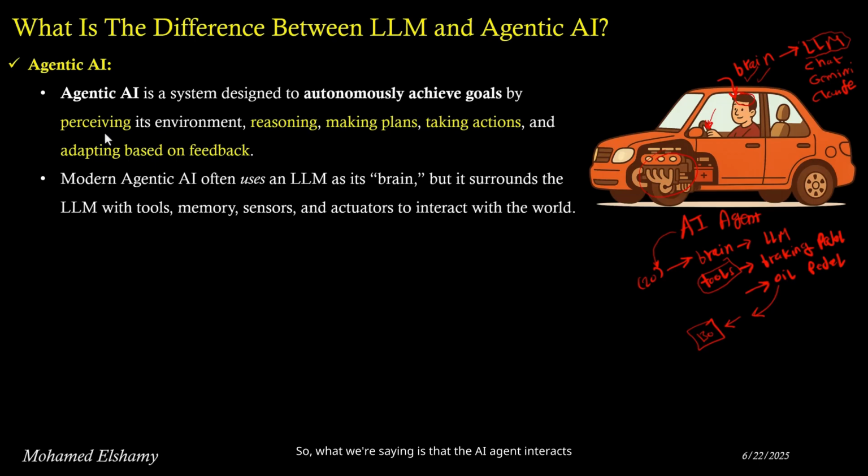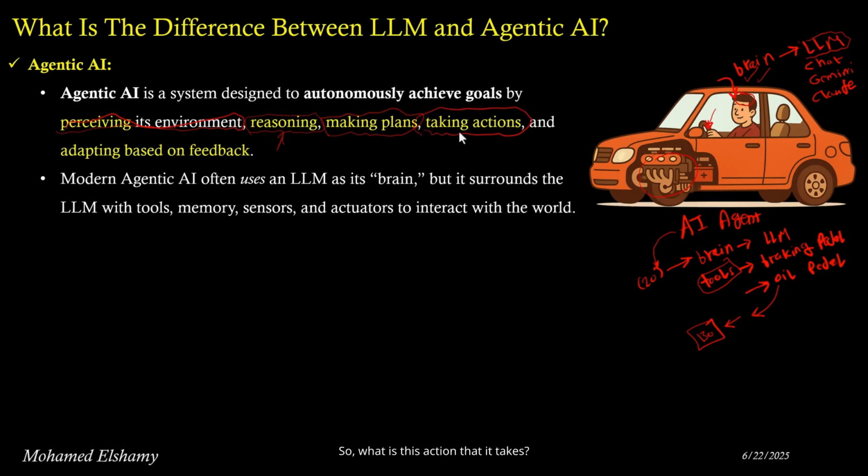So what we're saying is that the AI agent interacts with the environment, right? Just like this person realized the car was slow because the street was empty and the speed was 20. That means it's interacting with its surroundings. After it interacts with the environment and receives its inputs, it can understand them through reasoning. All the AI stuff like ChatGPT, Gemini, and Claude can do reasoning, meaning they can understand the current situation. Then they can make a specific plan or take a certain action.